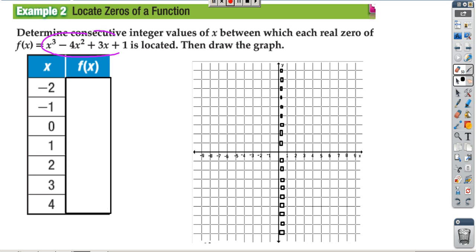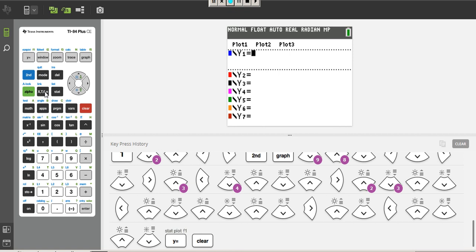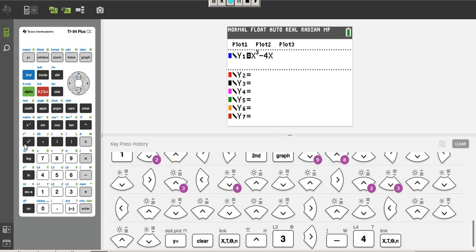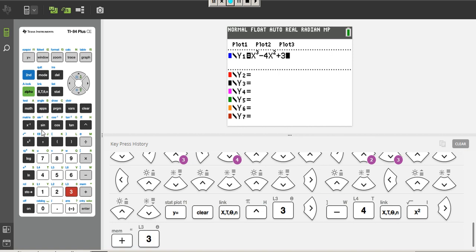So let's plug in x cubed minus 4x squared. Go back to y equals, clear it. X cubed. And then I'll press arrow to come down from there. Minus 4x squared. And then the rest of it was plus 3x plus 1. Okay, so now I have it, so I'm going to go to second table,